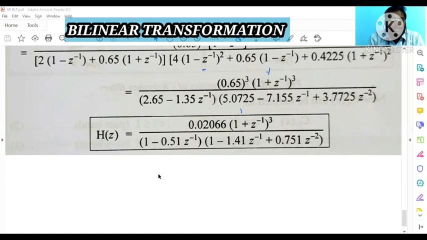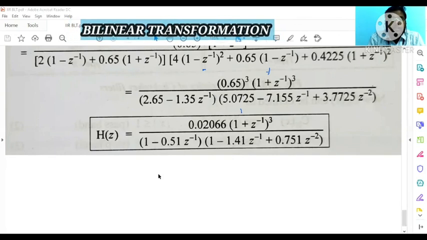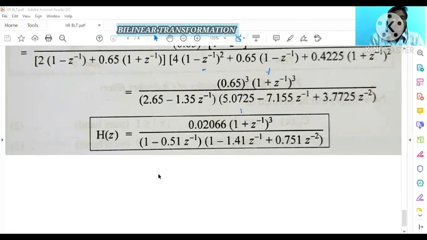One more important, interesting factor is that the digital frequency may be given in your problem. For that you need to convert the omega frequency by using the warping formula. Then the same procedure is followed as in the previous method. The procedure is all the same, but for the bilinear transformation you use the formula s equal to 2 by T into 1 minus z inverse divided by 1 plus z inverse. These are the important things you should remember while solving this method.